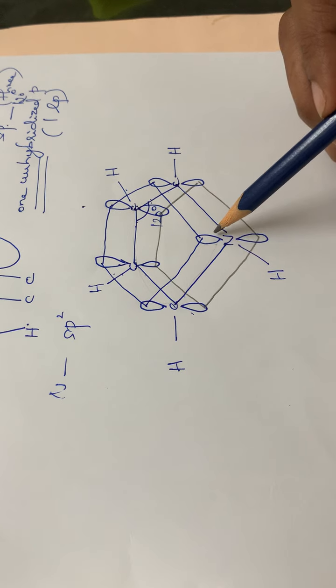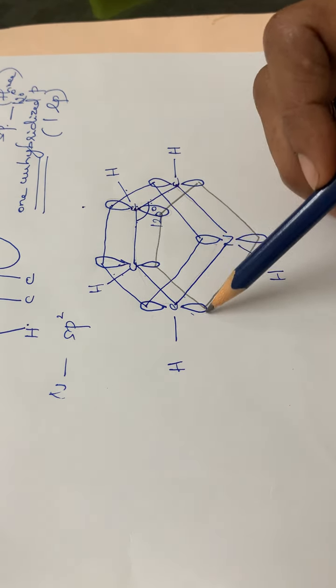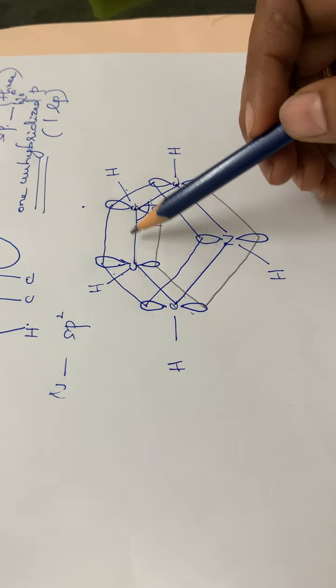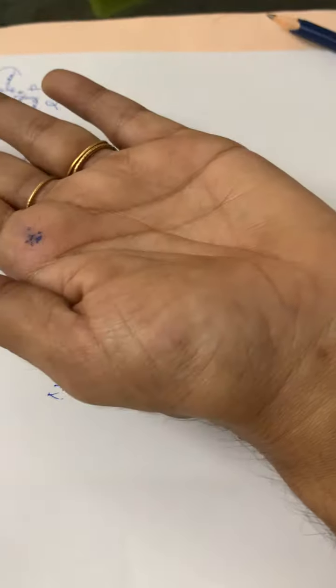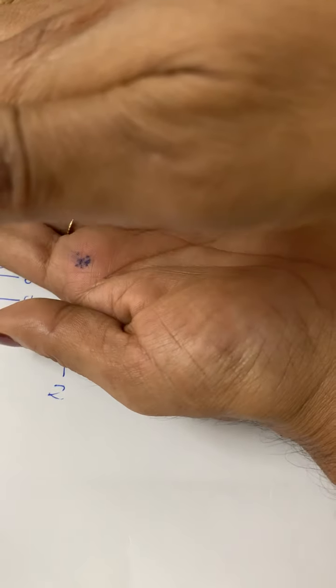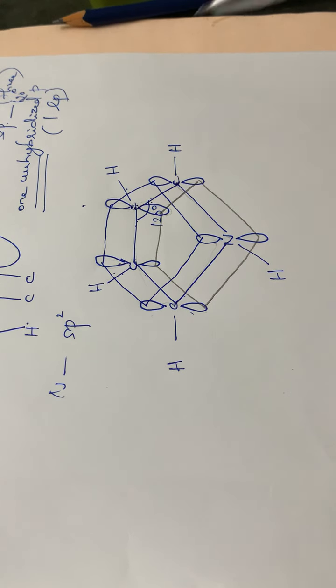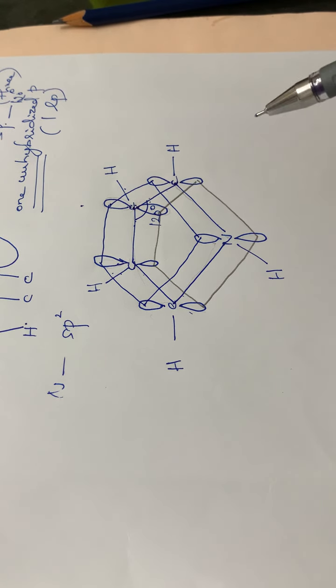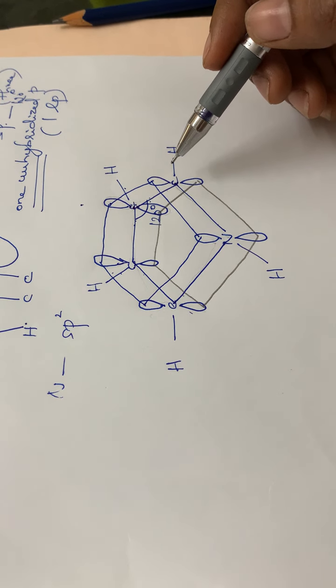This is the plane of the ring. The unhybridized p orbitals are above and below the plane of the ring. That is, the pi electron cloud will be distributed above the plane of the ring. Suppose this is the plane of the ring. This is the pi electron cloud above the ring and another below this plane of the ring. Okay. Likewise, the hybridization will be taking place. So, by this molecular orbital concept, this is the explanation, or this is the molecular orbital structure of this